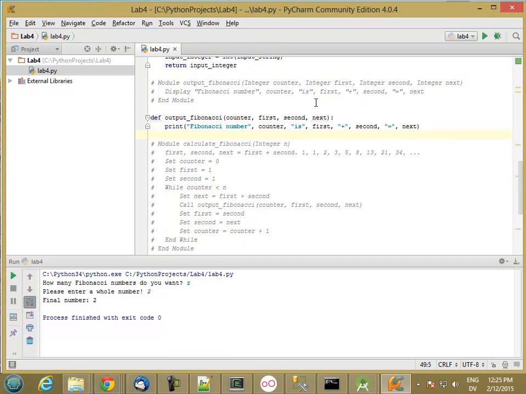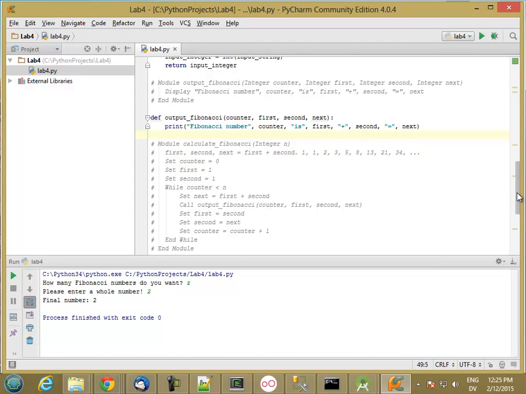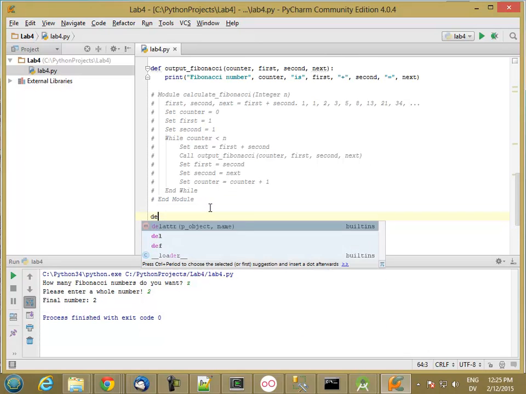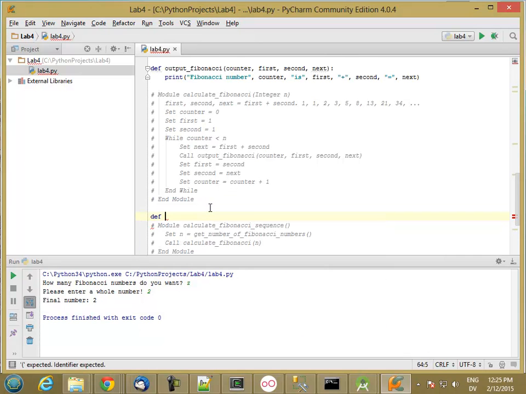And that should be it for this module. It's not very complicated. We might add stuff to it later though. And then this one is the hard one. So def, and then